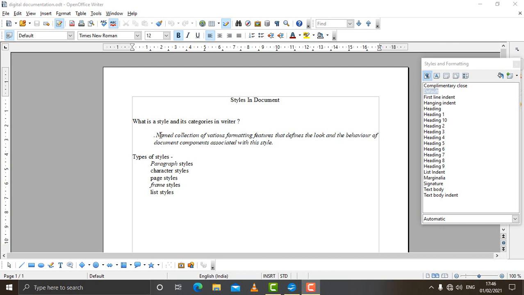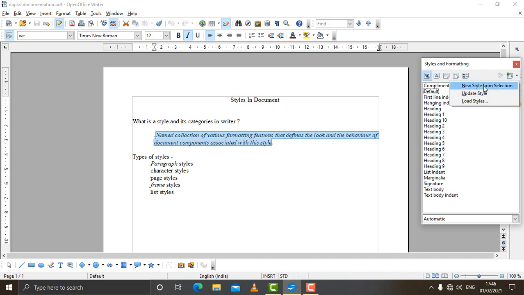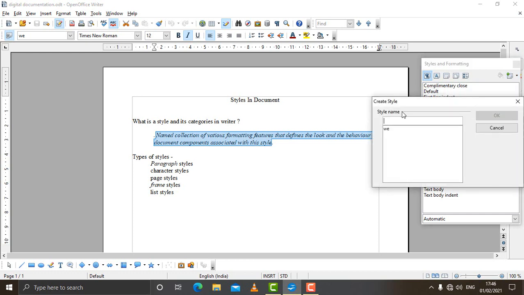The very first method is through selection. Select the document of which you want to save the style. Come to the last icon, that is new style from selection, and click new style from selection. This dialog box comes up, the create style dialog box. In that you give a new name.